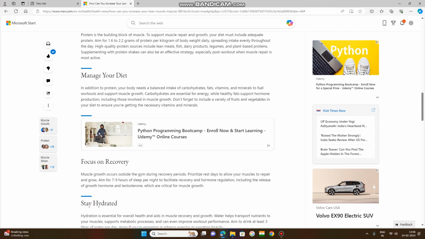So these hormones, testosterone, are regulated and controlled at the time of sleeping. Especially this testosterone, it will give some